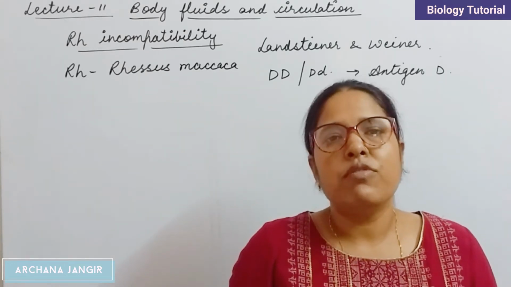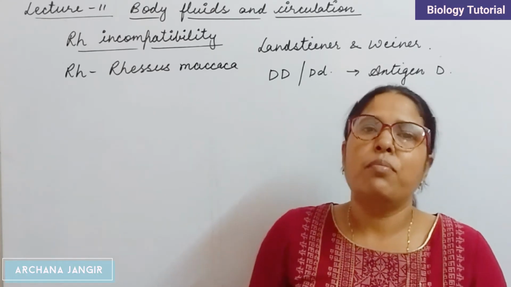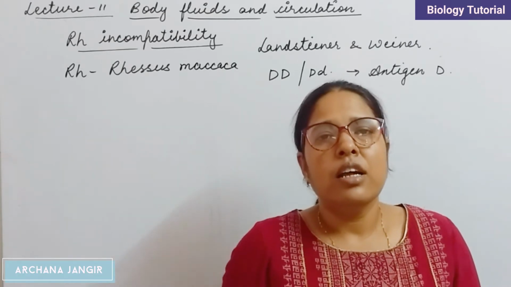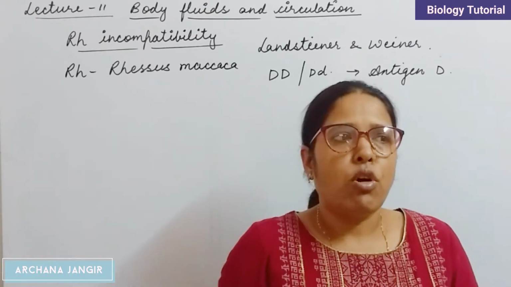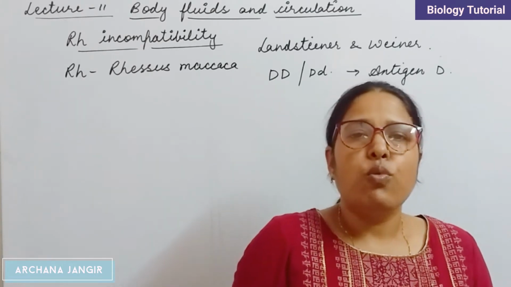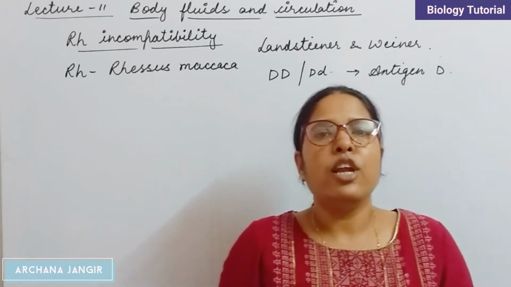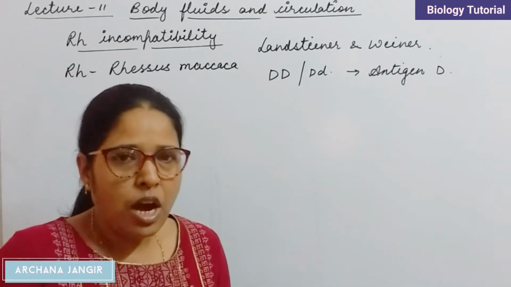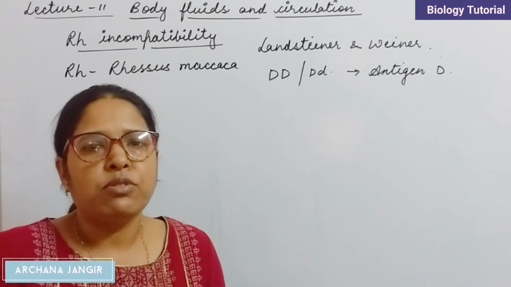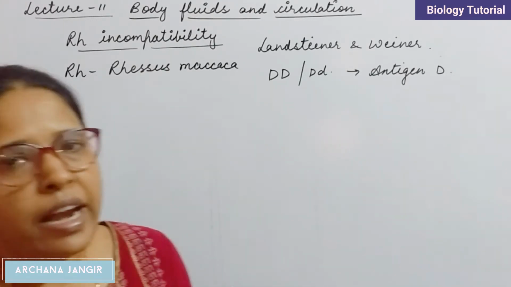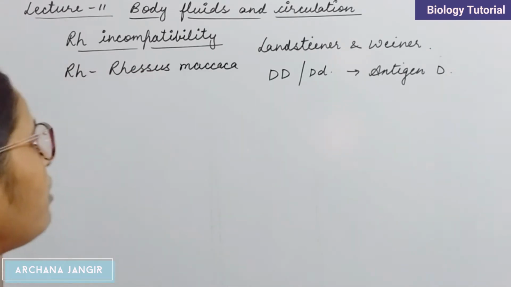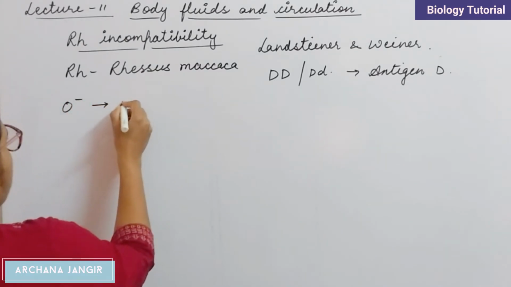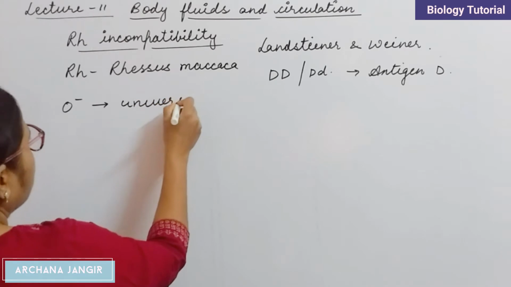Clear? So the positivity and negativity of the blood group is decided by this RH factor, and almost 80 to 82% peoples are RH positive. Clear? So almost 80 to 82% people with RH antigen and rest of the 18 to 20% people with the absence of RH antigen. Now we are going to discuss about only two types of blood group, that is O negative and AB positive, because O negative is the universal donor. Here is O negative, it is universal donor. Why it is universal donor?